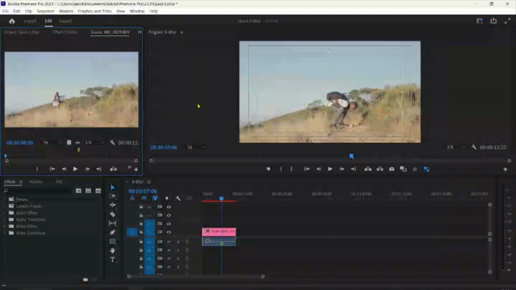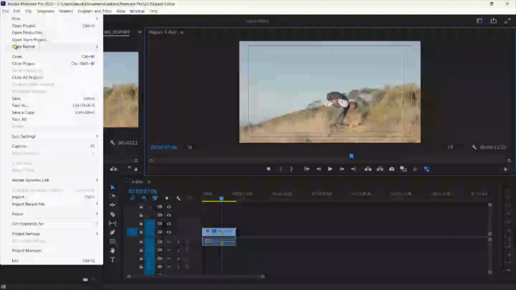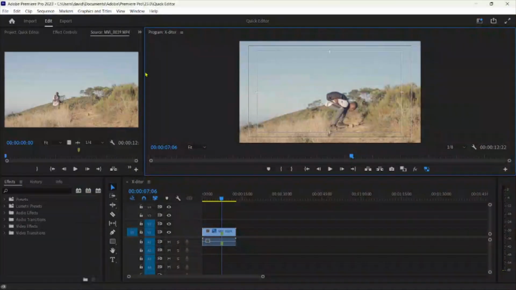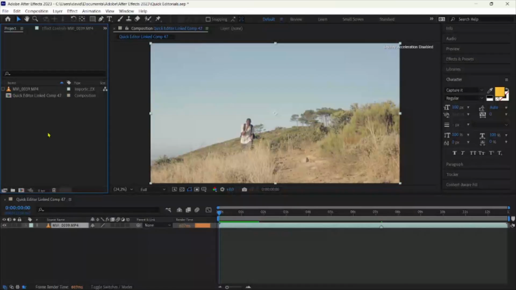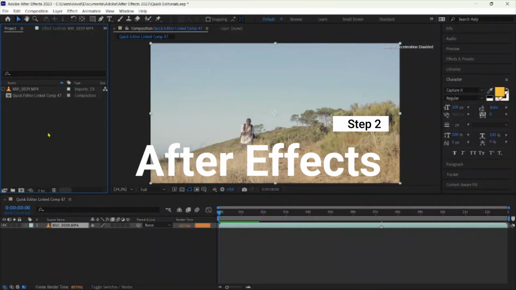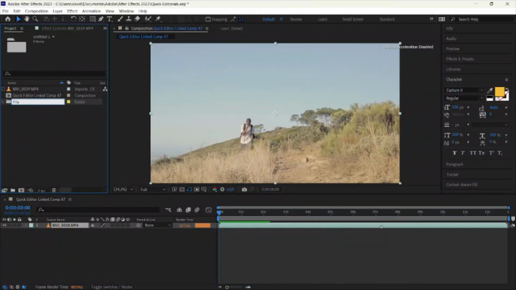Now once the project is open in After Effects, let's make sure to close Premiere Pro. Select Undo and close everything. This is for us to work more efficiently instead of working while another program that we're not using is running in the background. Once everything is closed, come back to After Effects and let's organize.